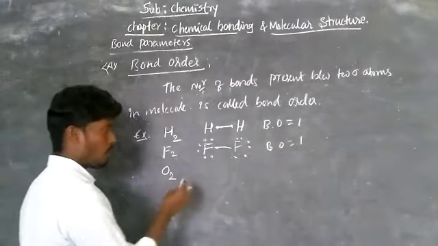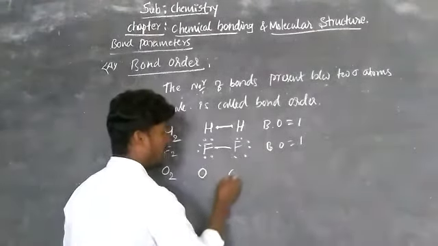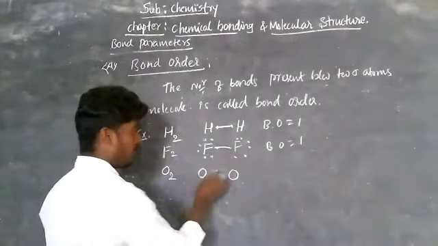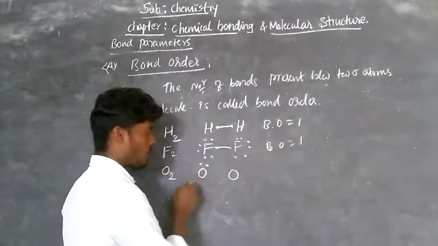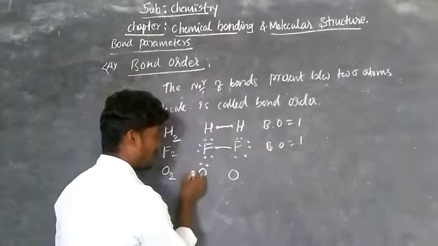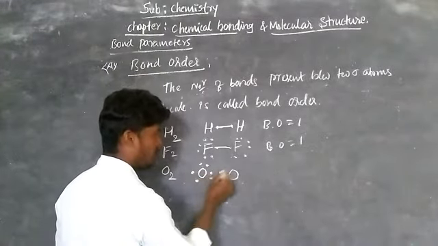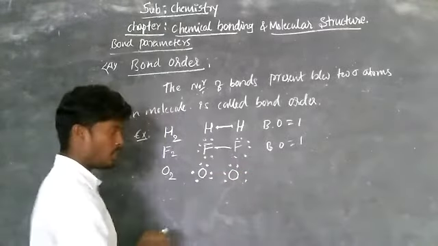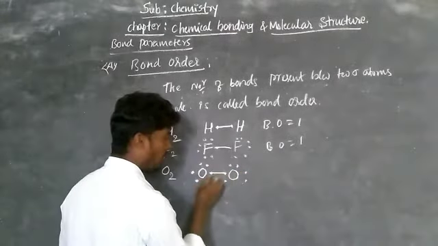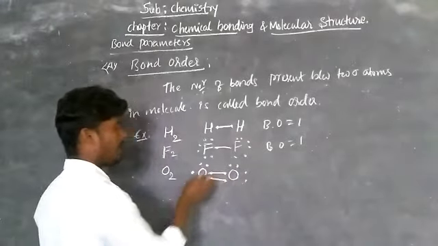Similarly, now take hydrogen fluoride or take oxygen, O2. So here there are 2 oxygen atoms, oxygen and oxygen. Between these two, divalent, right, means only 2 electrons are shared. Totally there are 6 electrons in the outermost shell of oxygen. These are the 6 electrons. Now to attain octet configuration, only 2 electrons are shared between them.